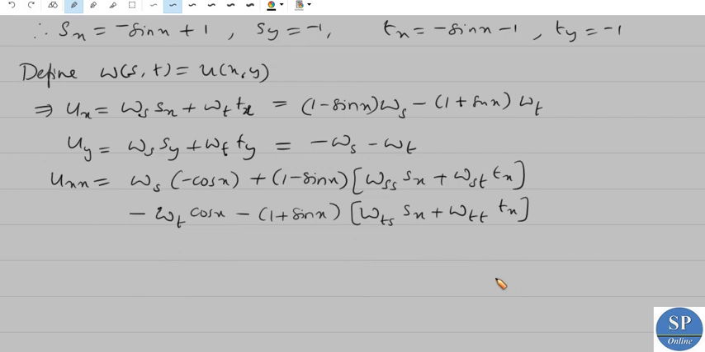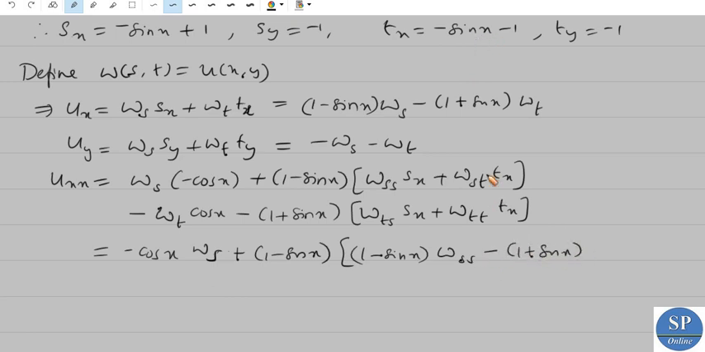Okay, now replacing this sx and tx, we get minus cos x ws, plus 1 minus sin x into sx, which is 1 minus sin x, so here is 1 minus sin x into wss, plus tx is minus of 1 plus sin x, so minus 1 plus sin x into wst, minus cos x into wt, minus 1 plus sin x into sx into wts, so 1 minus sin x into